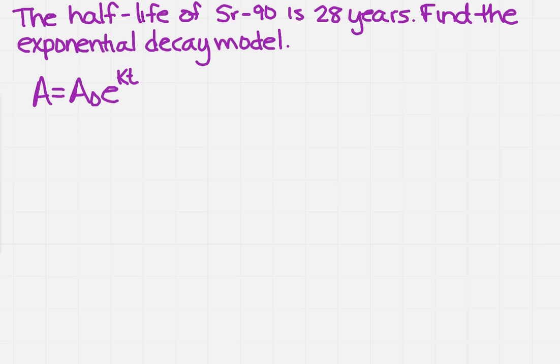if necessary. So we're going to use A equals A naught e to the kt. Now, the initial amount is the A sub 0, the A naught. Now, when we look at this, we're talking about half-life, correct? So if it's half-life, that means it would be half of whatever we started with. So that means that A will equal the original amount divided by 2. Well look, I can plug that into my formula over here and get A naught over 2 equals A